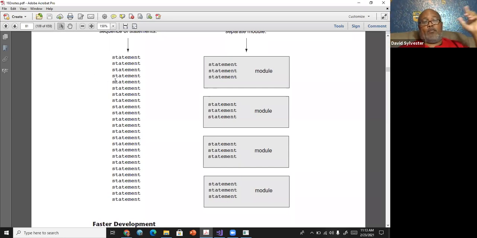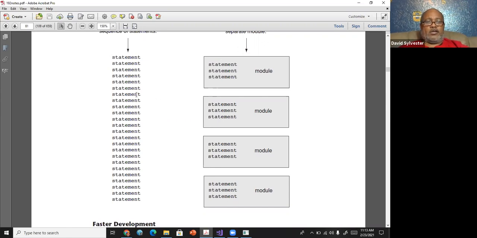All right. But what you could do is, well, these first 3 statements, like we were talking about, output my personal information. So let's take these statements and put them in a module. And all we do is have a call function to call that module to execute it. These particular statements perform the input.